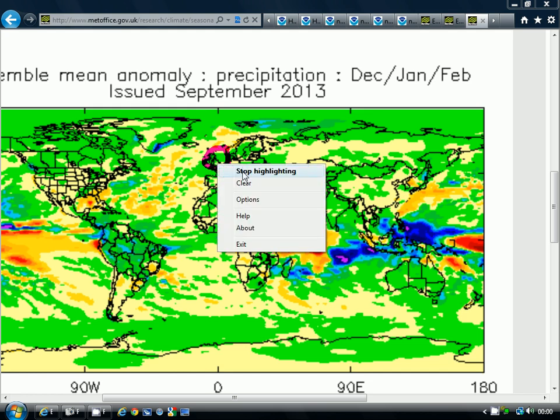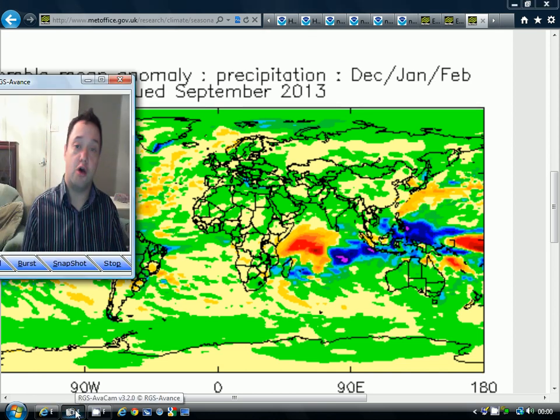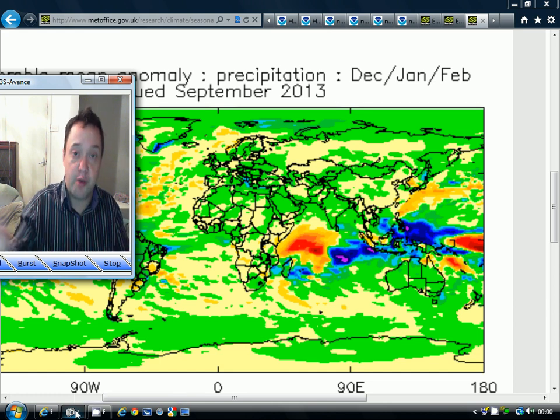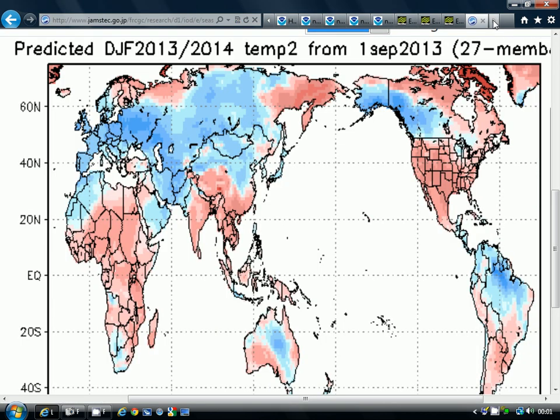But although the Met Office model in terms of its temperature forecast is not going for a colder than average winter, showing the normal temperatures, with that level of blocking and warmth up over the pole, up over the northern latitudes, the only thing that could happen is that you push out the cold air into the mid-latitudes. I can't see any way that, with that level of blocking, you wouldn't get a colder than average winter. So I think if that signal for the blocking continues, and of course it may not, over the next few updates from the UK Met Office model, you will see the temperatures going colder than they are on this particular run.